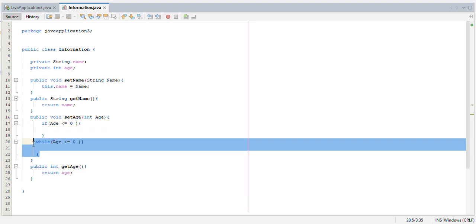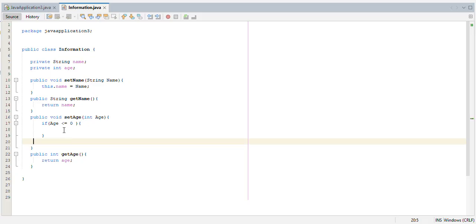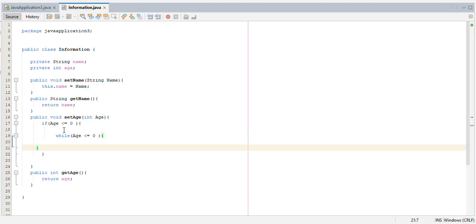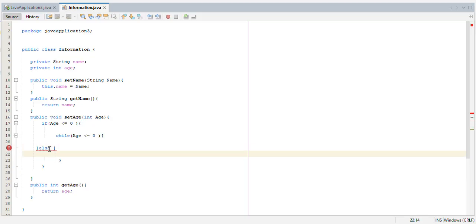So we take this while loop and put it inside the what? The if statement. So now what are we saying here? We'll have our else here. What are we saying here? Here, what we are saying exactly is